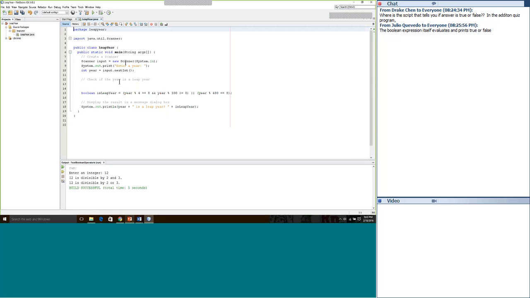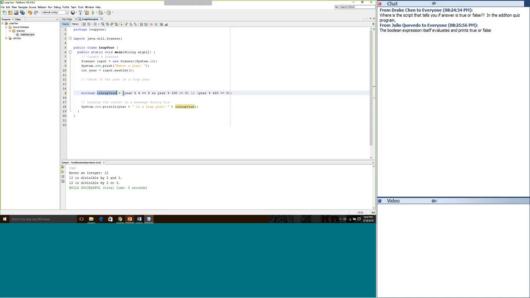Okay, here it is. It's going to ask for the year, and it's going to use this big Boolean. We're going to get the year from the console, store it into the variable called year, and then declare a variable of the type Boolean. It's going to be called isLeapYear. You'll often see variables called is something or other: is leap year, is Tuesday, is springtime. When you see that preceding "is," it indicates that this variable is a Boolean. It's going to have a value of only true or false.